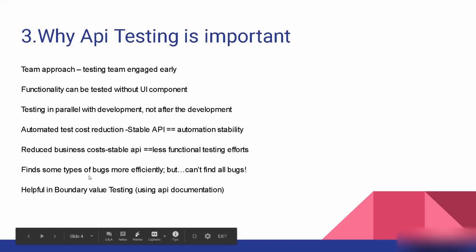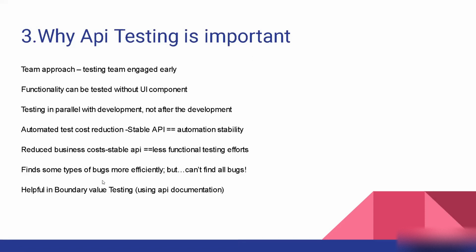It can find some types of bugs more efficiently. There are some bugs which are mostly logic based and may not be visible on UI. So on UI you see everything is working fine, but it could happen that the logic is wrong. So the calculation logic is wrong and you get a wrong result in the database. But since it is displaying correctly on UI, you can see the UI testing is correct, but backend testing or API testing is giving you issues which you can't find in UI.